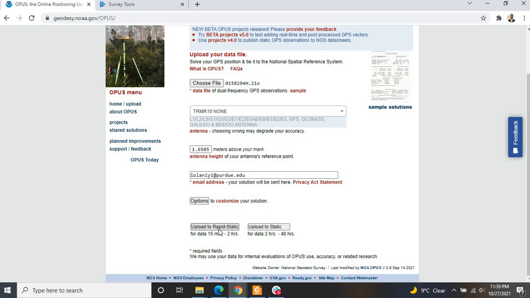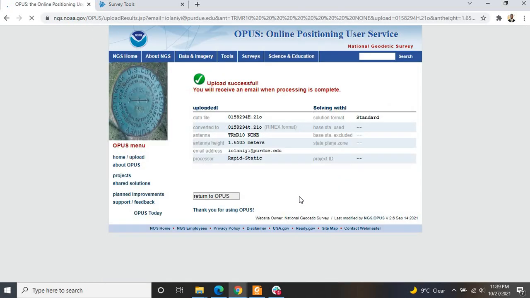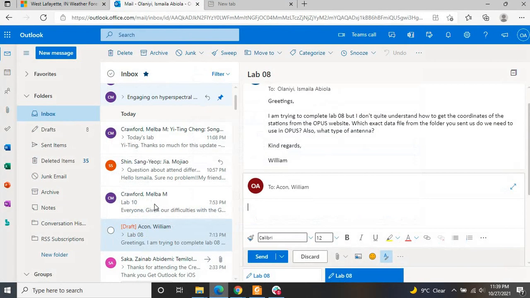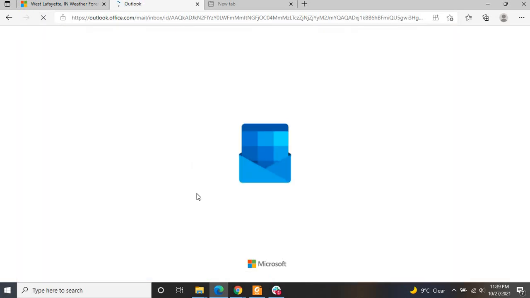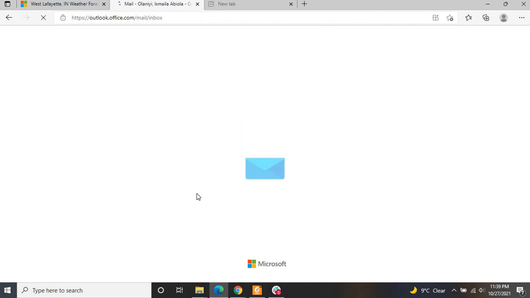It uploads the data, the RINEX file, and you can see the information here, including the antenna height. So it sends it. Once it is processed, I can just go to my email. The results will be sent to my email after a few minutes of processing from the Opus website.